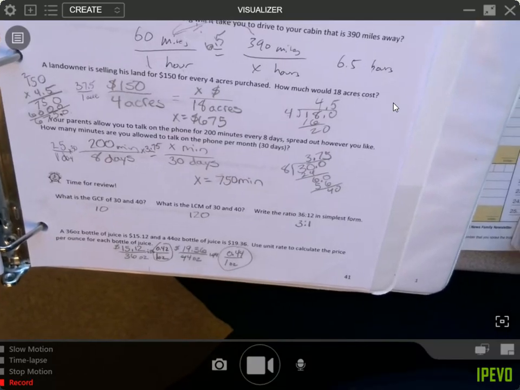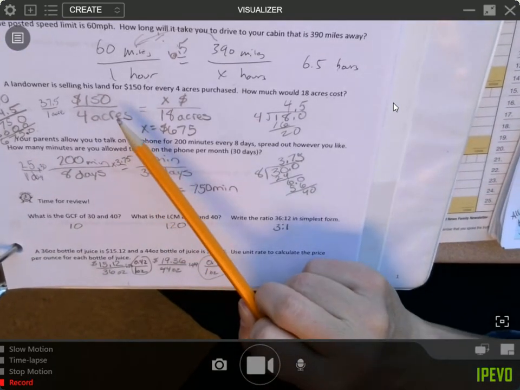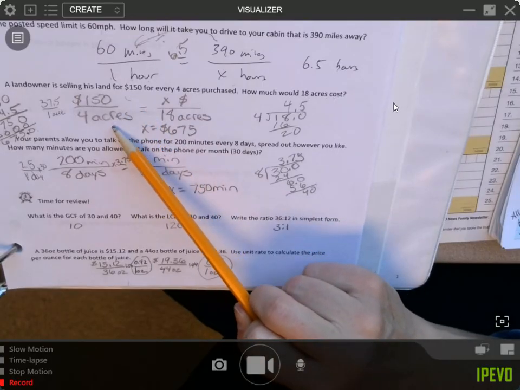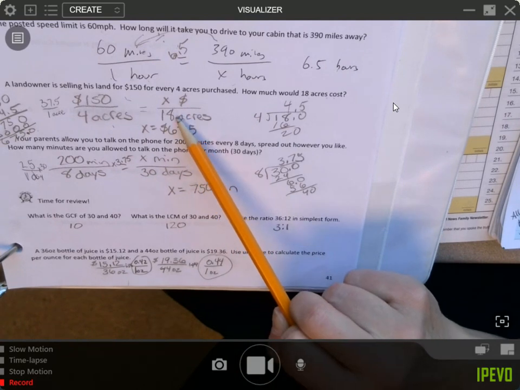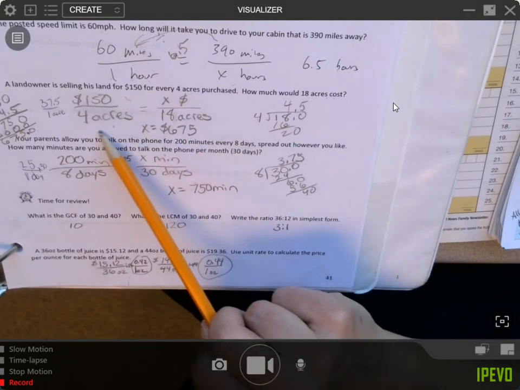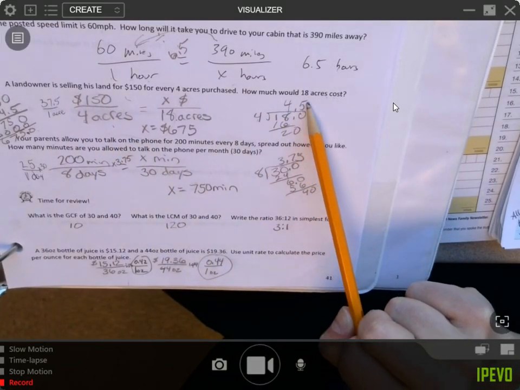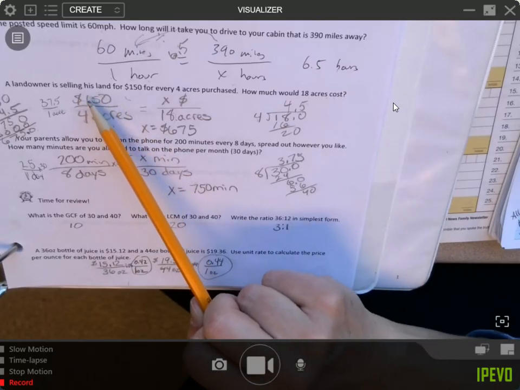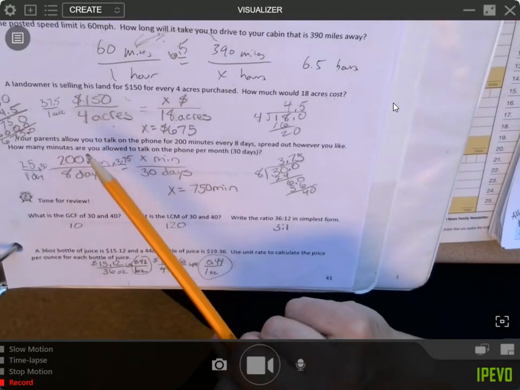All right, on the bottom, we have $150 for every 4 acres. How many for 18 acres? Again, 4 times what would be 18? I don't know, so I had to divide backwards. 18 divided by 4 was 4.5. So then I had to do 150 times that 4.5, and I got